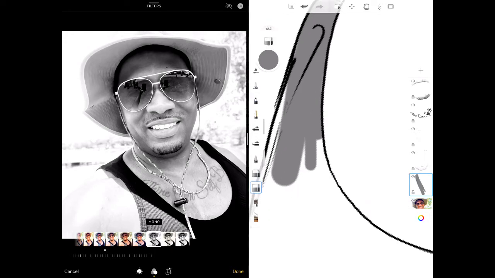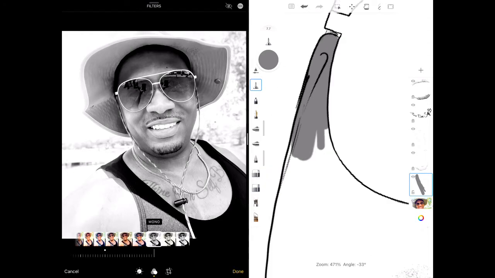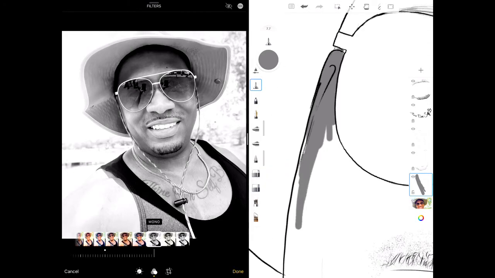The black, white, and gray colors are the basic colors used for grayscale painting, and they help you study the value on your reference.